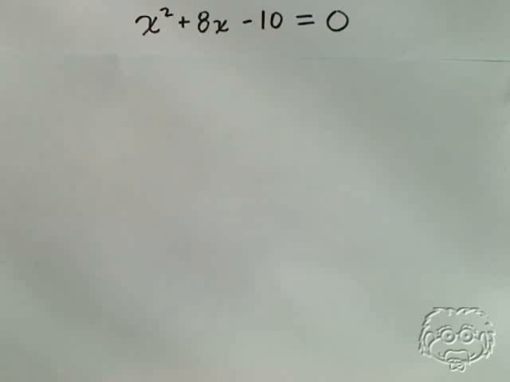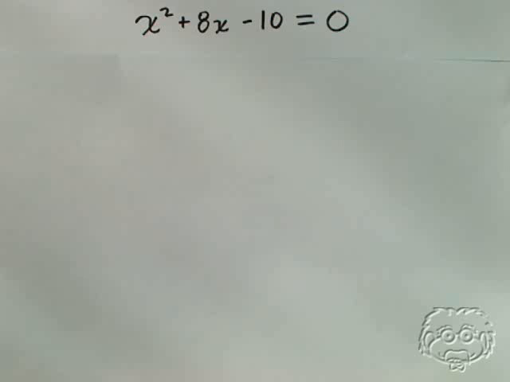In this video, we're going to practice solving a quadratic equation by completing the square. Let's say we have this quadratic equation, x squared plus 8x minus 10 equals 0. This quadratic equation is not easily factorable, so one way in which we could solve for the variable is to